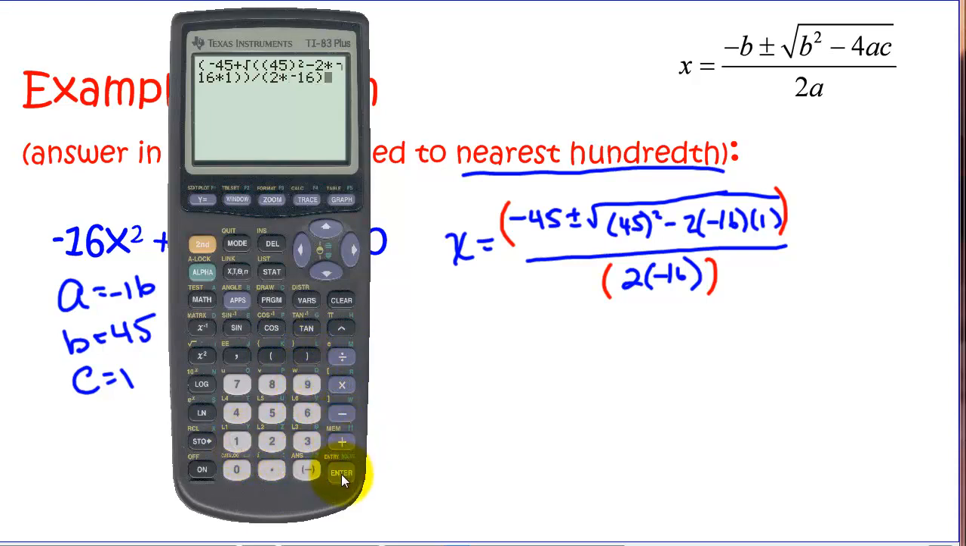Close the parentheses and hit enter. And so we get one of our solutions, the solution with the plus here, to be negative 0.01 if we round it to the nearest hundredth. Now we could type this entire thing in again, but the only thing we want to change is that plus